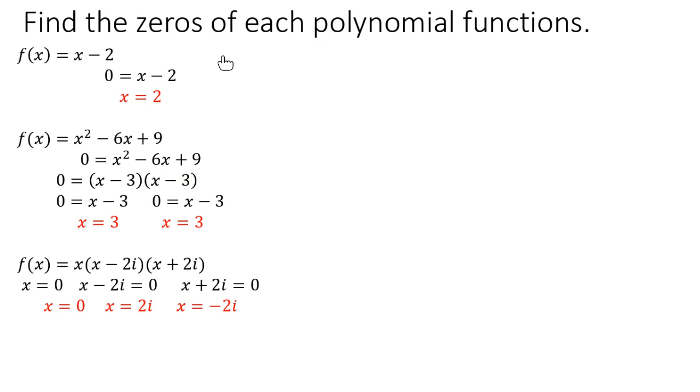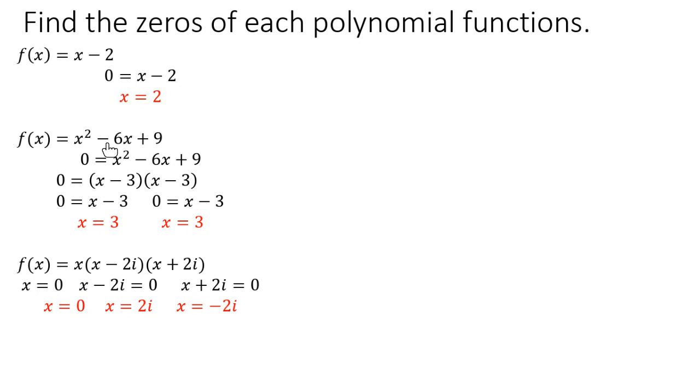Last week, we did talk about finding zeros, and these are just simple examples here. The main idea is that in order to find a zero, f of x has to be equal to 0, and then we solve for x. So x here would be 2. So your zero is going to be 2. And then we have a little more